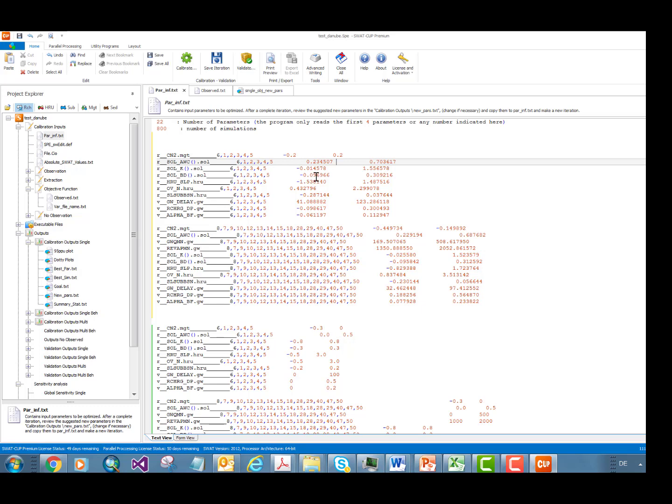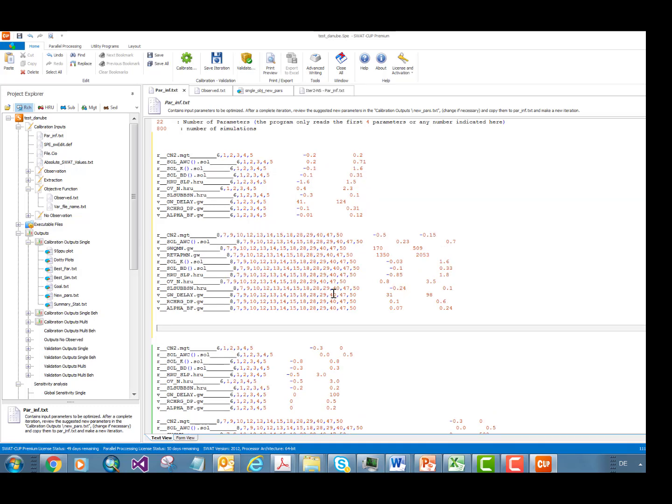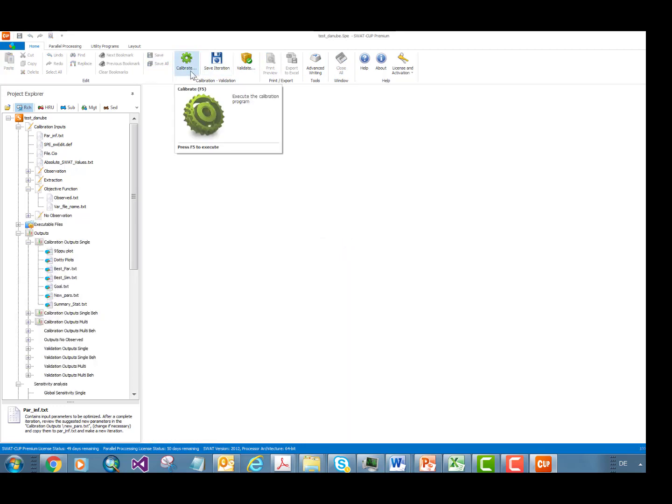And I do this with all of the parameters. I just expand it. So this is 0.23. I go, for example, to 0.2. So decrease the lower one and increase the higher one. So I take this to 0.8. And I do this to all of these parameters. Okay, so I did that for all the parameters, just expanded this range a little bit, and now I can do a second iteration. And so I just save all and close all, and then do a second round of